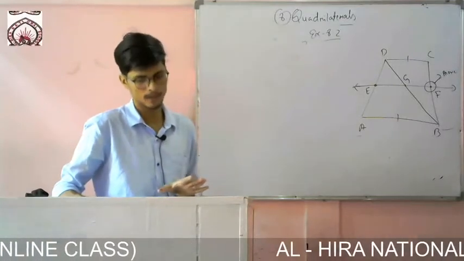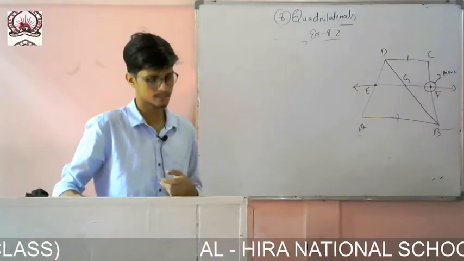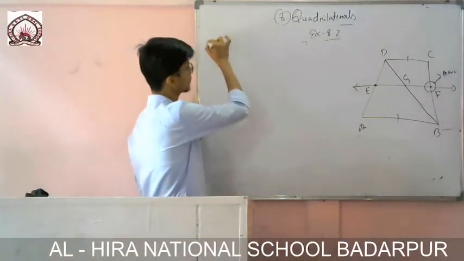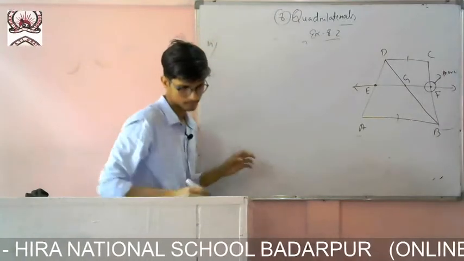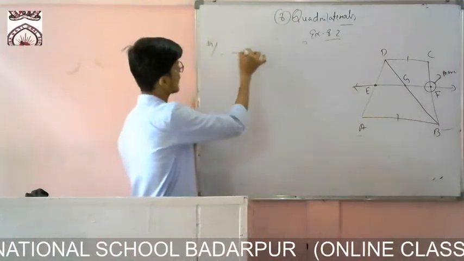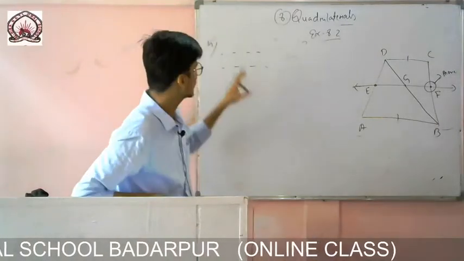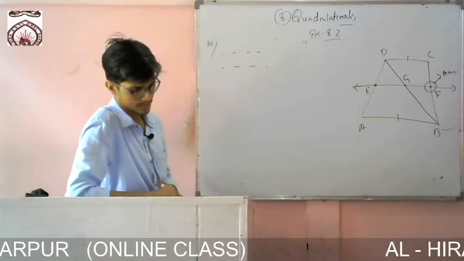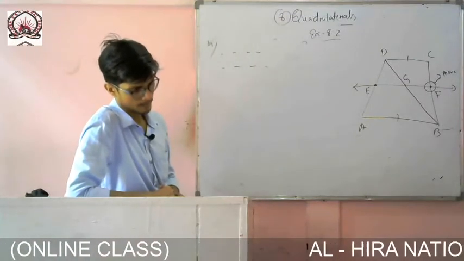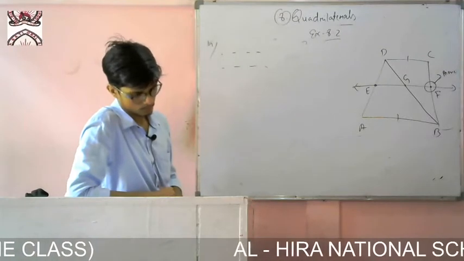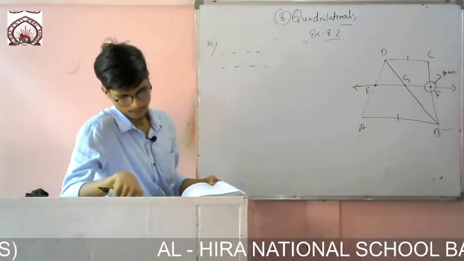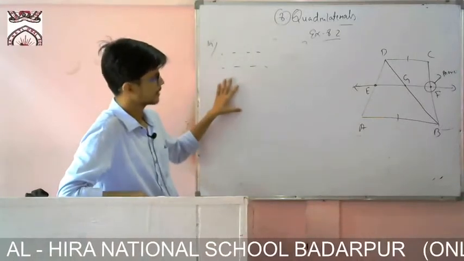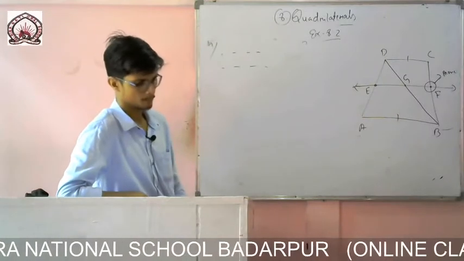We have read one theorem that if these two are midpoints, then the lines are parallel. Now it is given the opposite, so we'll write it, no problem. Question number 4. So what is given, you write here. Given in trapezium ABCD, AB is parallel to DC, E is the midpoint of AD. EF is drawn parallel to BC. We have to prove F is the midpoint of BC. Up to this much you write.